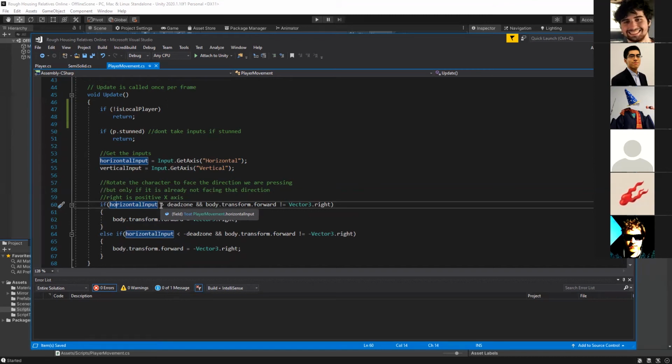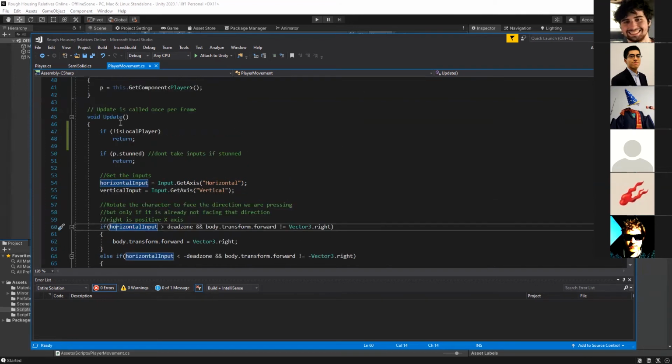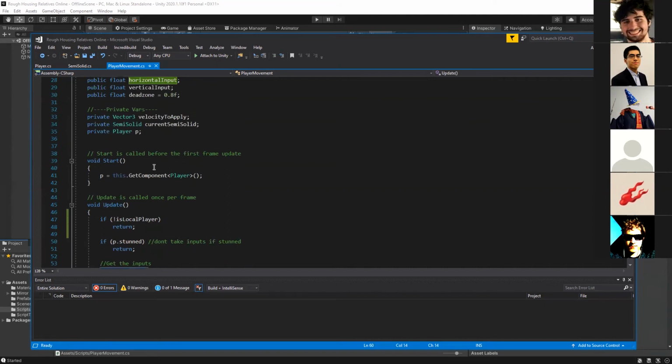Yeah, Anthony brings a good point. Like camera movement will be in update, because a camera moving is updating the screen. So you want that in update. Yeah, Anthony summed that up really well. Yeah, all right. So now player movement is good.